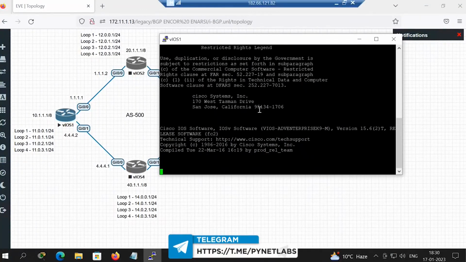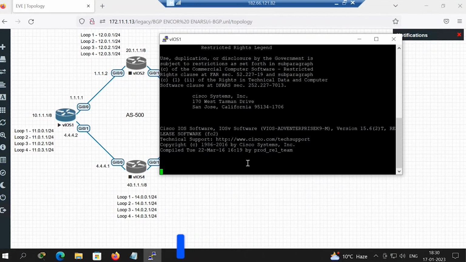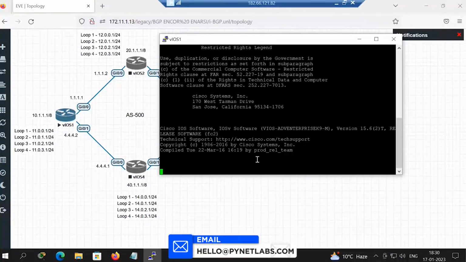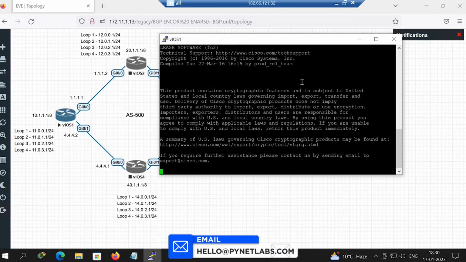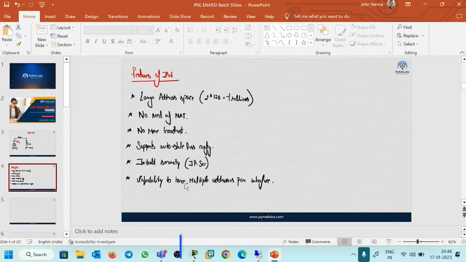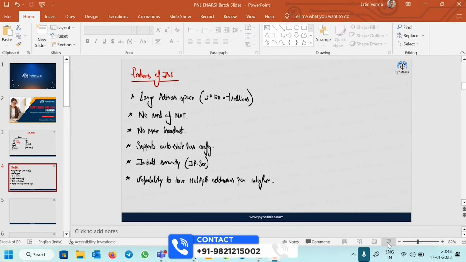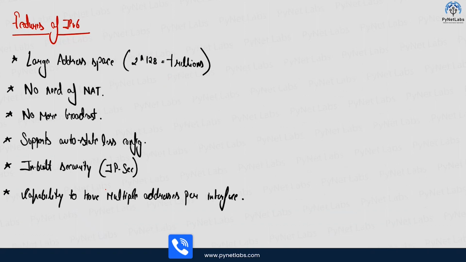Let this device turn on first, and then we'll see what exactly this point was that I was referring to, the capability to have multiple addresses per interface. Meanwhile, this device is about to start, guys. See, the last point which I have written on the slide, the capability to have multiple addresses per interface: by this point, what I'm referring to is, let's say you got one device, or let's say this is your router. This router has this particular interface